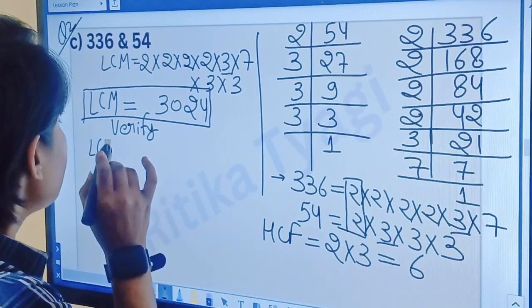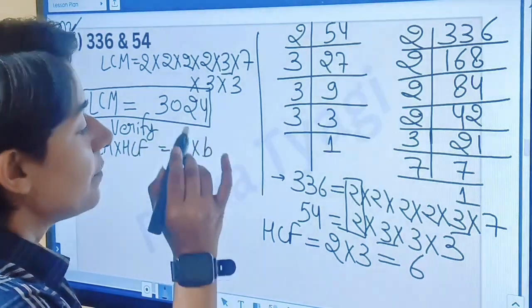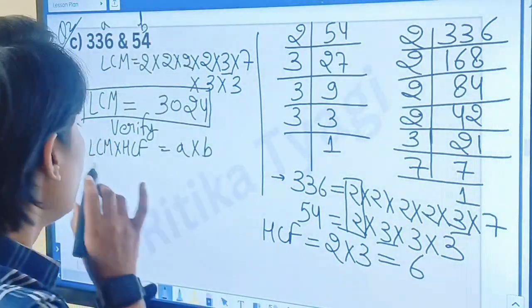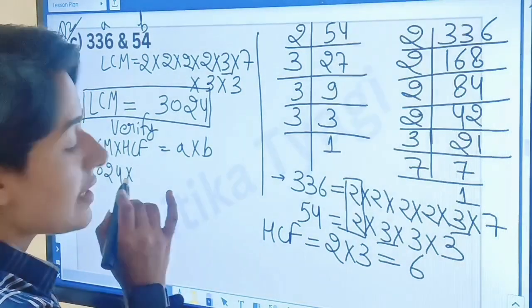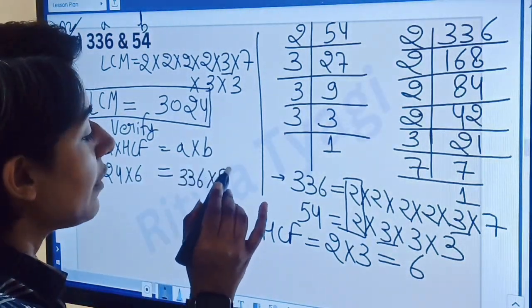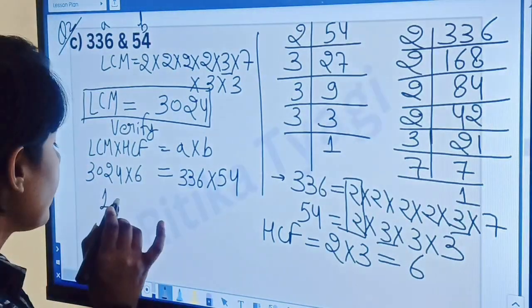By formula, LCM multiply SCF is equal to the product of the two numbers, that is A and B. Let A be 336 and B be 54. LCM is 3024 multiply SCF, that is 6. A is 336 multiply 54. The product of these numbers we get